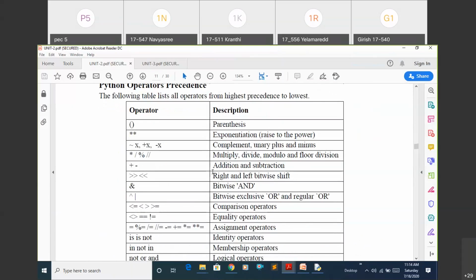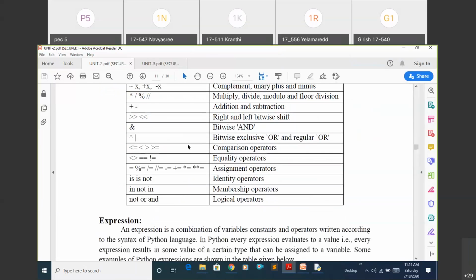This is the precedence which is followed by Python. First is bracket, then exponent, then negation and unary operators. Then the plus and minus, addition and subtraction operators. Then right shift and left shift operators. Just remember this.